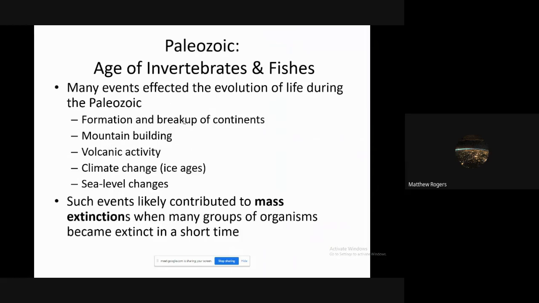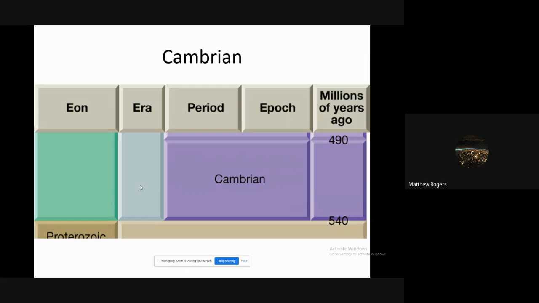And all these things kind of led to many groups of organisms becoming extinct, but also a lot of things evolving very fast. So whenever there's a lot of extinctions, there's also going to be a very quick evolution afterwards, because everyone is vying for all the niches that now exist, all these jobs that now exist after everybody dies. One of the things that isn't listed here that you're going to see a lot of is the oxygen level. The oxygen level went up and down in this time period, and at one point it was the highest it's ever been, and that really drastically changed what could live during that era, and we'll talk about why when we get there. So we're going to talk about the Cambrian first.